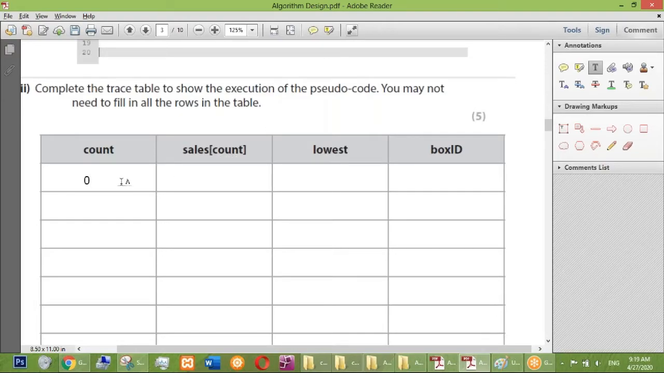So count is 0. At the beginning, count is 0. Then sales count. You can see that count is the index, right? So count is 0, so sales count will be the first value, which is 55. And the lowest is already... actually at the beginning, of course, we shouldn't have sales count,